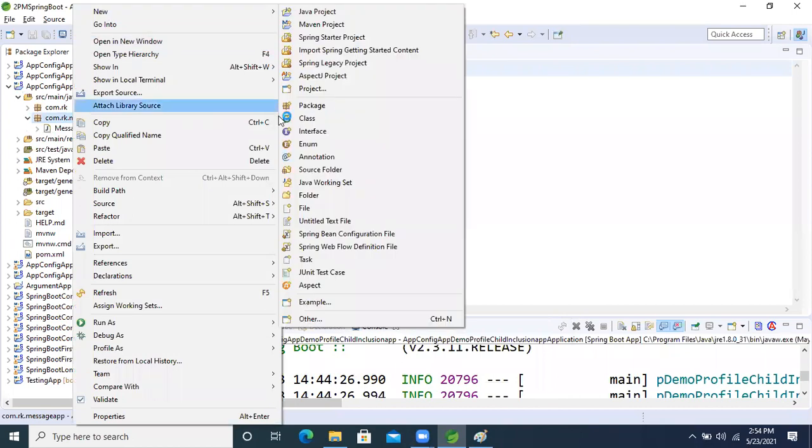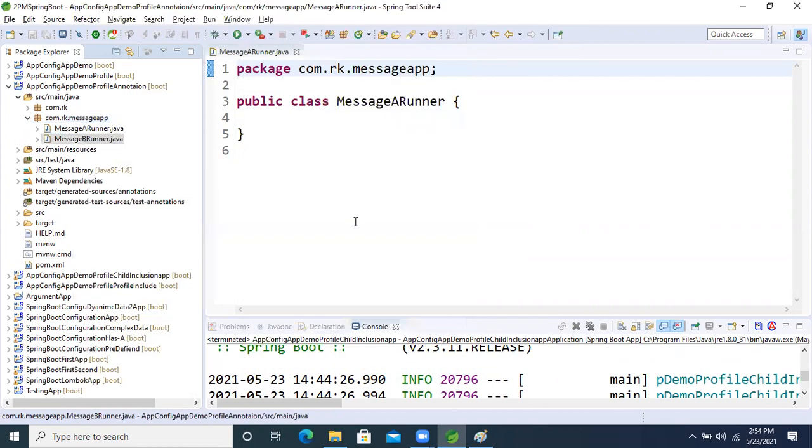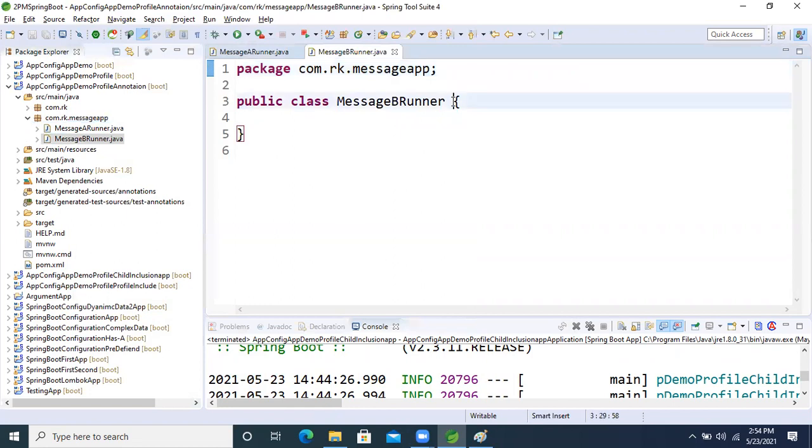New, next, another one is Message B runner. These two classes I'm taking.